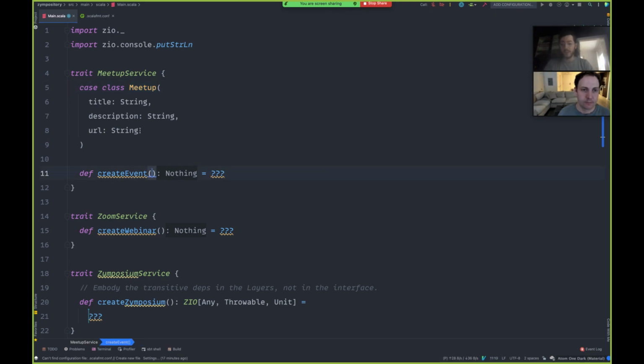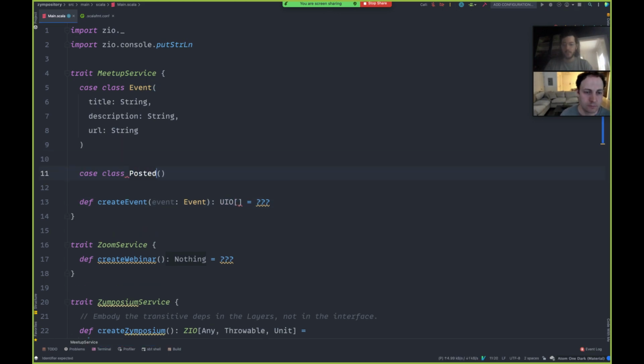So this is probably going to take, maybe I should call this an event. And this can go in here. This would be an event. And this is going to return something. Not entirely sure what yet. Some kind of result payload, posted event. I don't know. Maybe it'll have an ID that we can refer to and a link to that as well. So this is kind of like a new event payload and a posted event. So maybe I should call this new event. It's just a bundle of information. I could have it spread out as raw properties, but this is a little easier to read and think about, having them named and tupled up here in case classes.